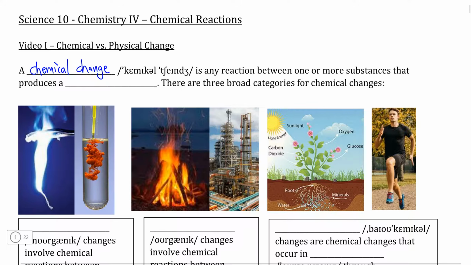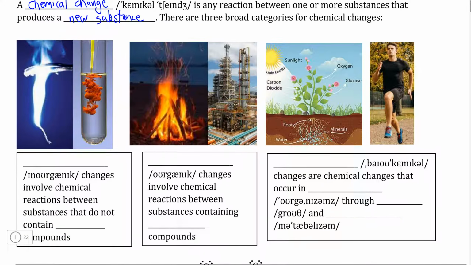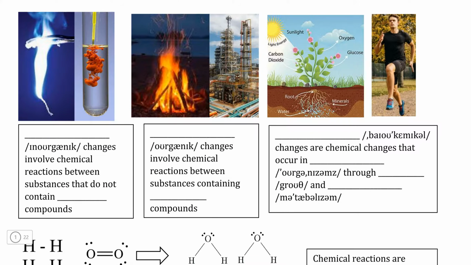So a chemical change occurs when one or more substances undergoes some sort of chemical reaction. If it's involving more than one substance, usually when these substances are mixed together, the reaction that results causes a new substance that did not used to be there to exist as a consequence of the reaction having taken place. Now, as with most dictionary definitions, that's not really very helpful,